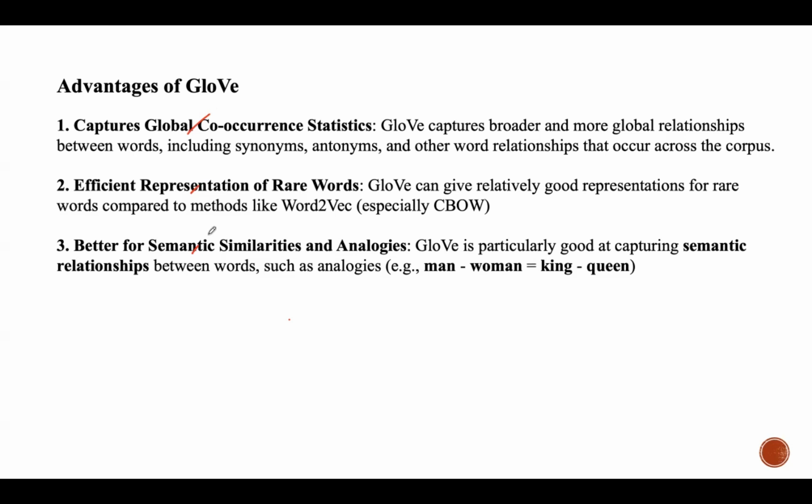So GloVe can learn rich word embeddings that can capture both semantic relationships, like the similarity between king and queen, as well as syntactic relationships, that is, plural forms like dog versus dogs. Okay, so it even has the ability to perform word analogies also. So king minus man plus woman equals queen. So that is a word analogy. Even that type of thing is possible with the help of GloVe.